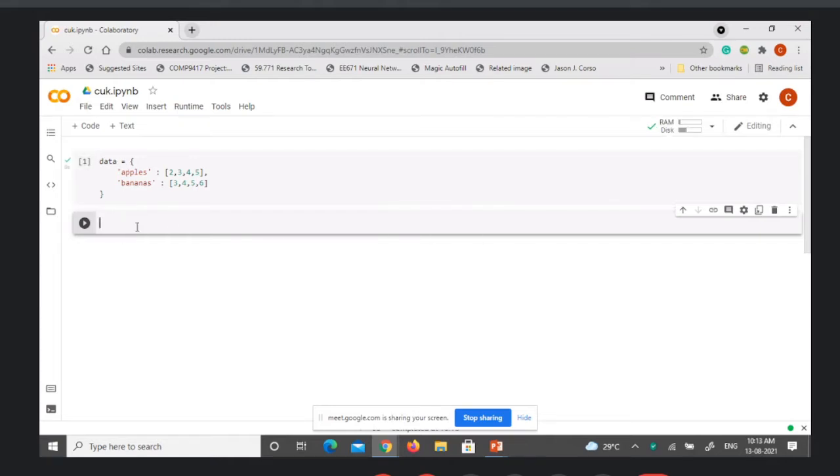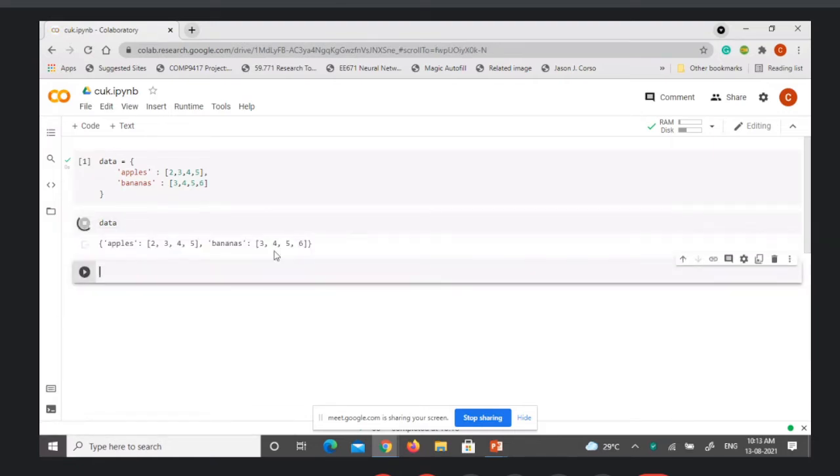So the data is created. Now you can visualize the data. You will get something like this, but we need to have some tabular form. When you just create the data like this, you can say apples 2, 3, 4, 5, bananas 3, 4, 5, 6. For a layman, it may not be a pleasing way to visualize the data. So in order to put the data into a tabular form,